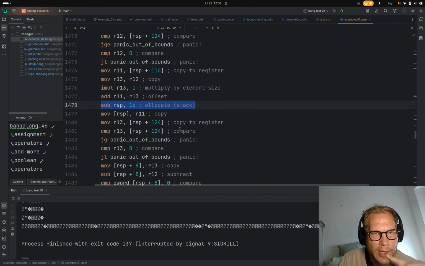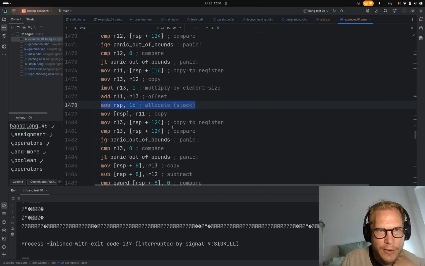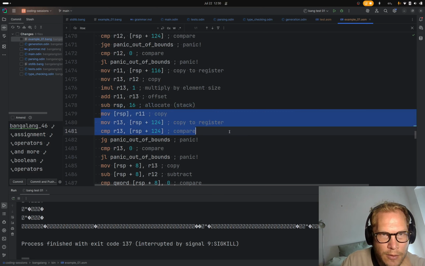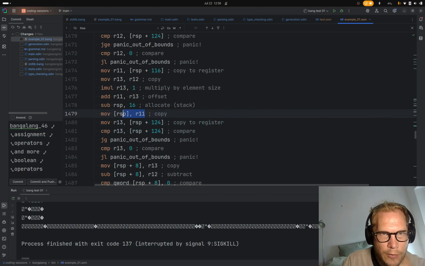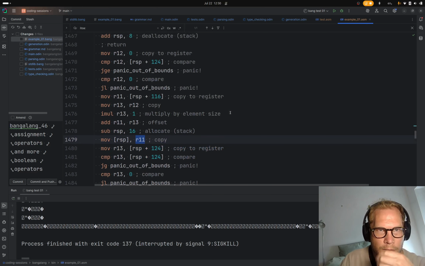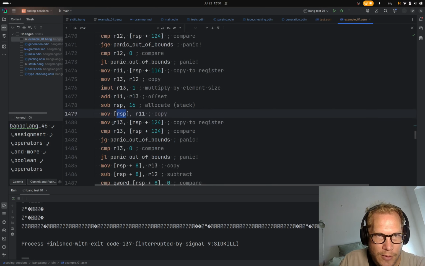So now we're allocating the slice, I guess. So first we're putting R11, which is our address. That makes sense. And then RSP plus 8